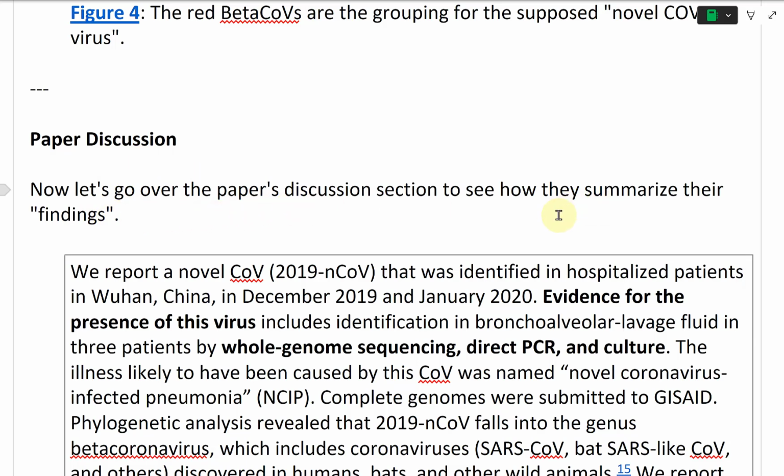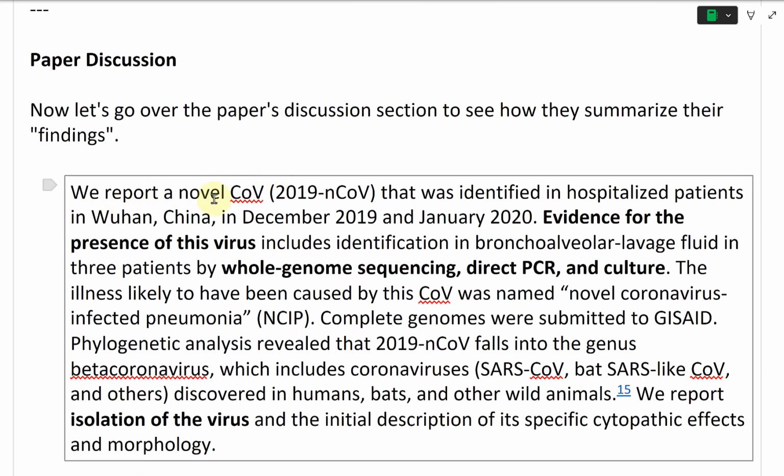Now let's go over the paper's discussion section to see how they summarize their findings, or the quote findings. So they state that we report a novel COV, the 2019 nCoV, that was identified in hospitalized patients at Wuhan, China, in December 2019 and January 2020. Evidence for the presence of this virus includes identification in bronchoalveolar lavage fluid in 3 patients by whole genome sequencing, direct PCR, and culture. The illness likely to have been caused by this COV was named novel coronavirus infected pneumonia, NCIP, and complete genomes were submitted to